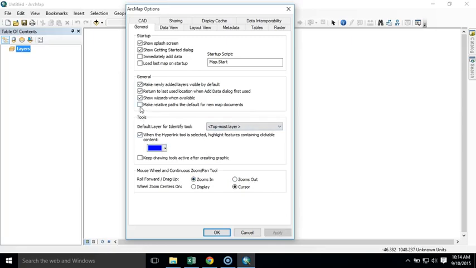The other thing that we'll talk more about later is the option to make relative paths the default for new map documents. We'll talk more about what that is when we define how map documents work and what relative paths are in another lecture. But for now, I'll check that box. A few other